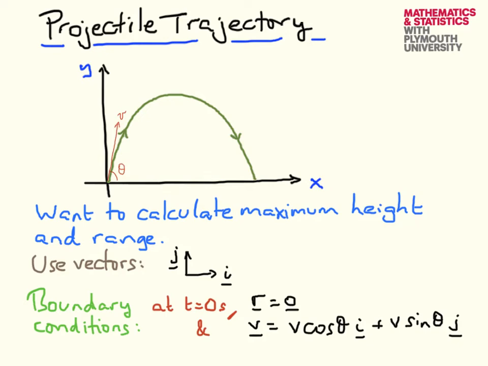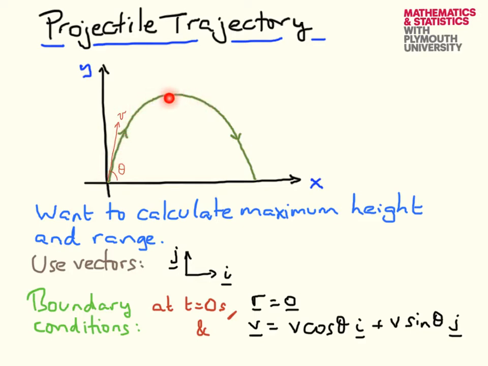So in this podcast I want to discuss the trajectory of a projectile. We're going to consider, for concreteness, a projectile that starts at the origin at time t is 0 and is fired upwards at an angle theta from the horizontal with an initial speed v. The projectile is going to go up like this, decelerating upwards due to gravity, and then